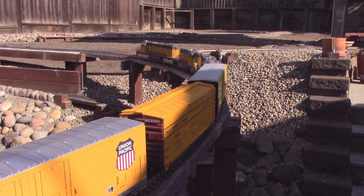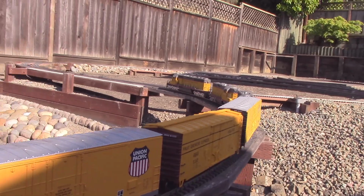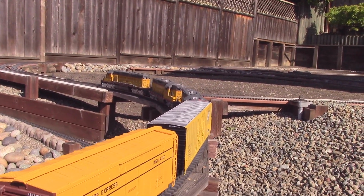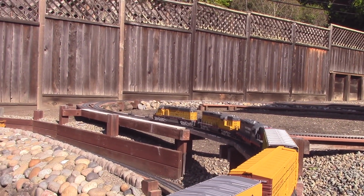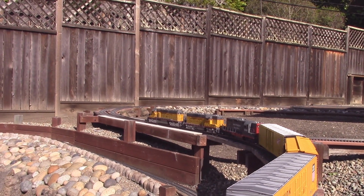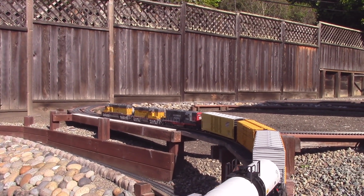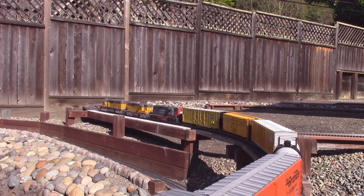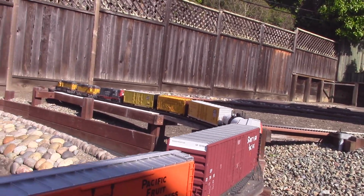So I'm purposely running it slow because it's more apt to not be able to pull the heavy train up the grade if the wheels are going to slip. And if they do slip, again, it's a fail-safe for the electric motors because they'll generate back EMF as opposed to digging in and stalling. So there it is. So I'll speed it up